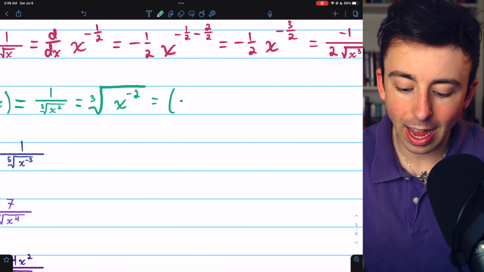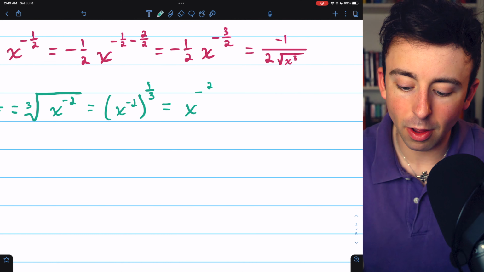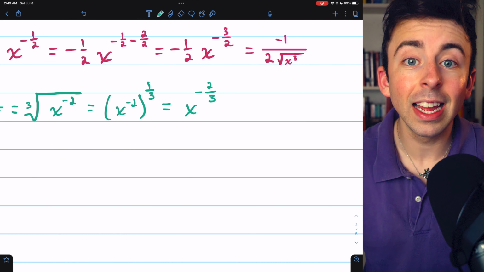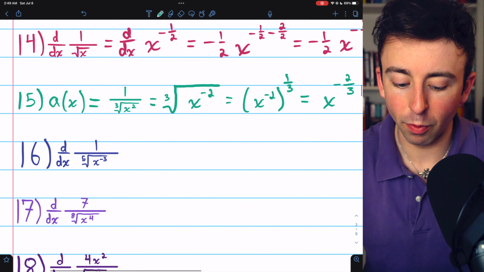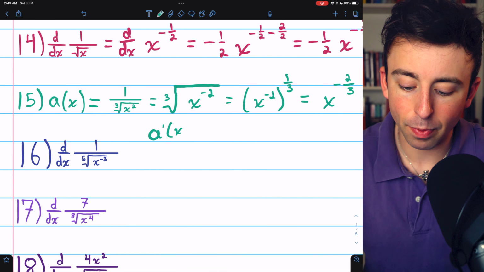So this is the same as x to the negative 2 to the power of 1/3. And then like we did before, all we have to do is multiply the exponents together. This is x to the power of negative 2/3. Now that's just a rewritten form of a of x, and that makes it easy to find a prime using